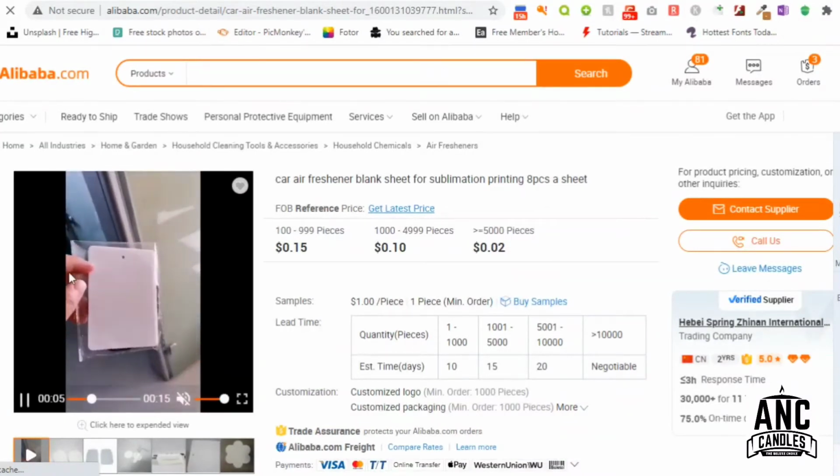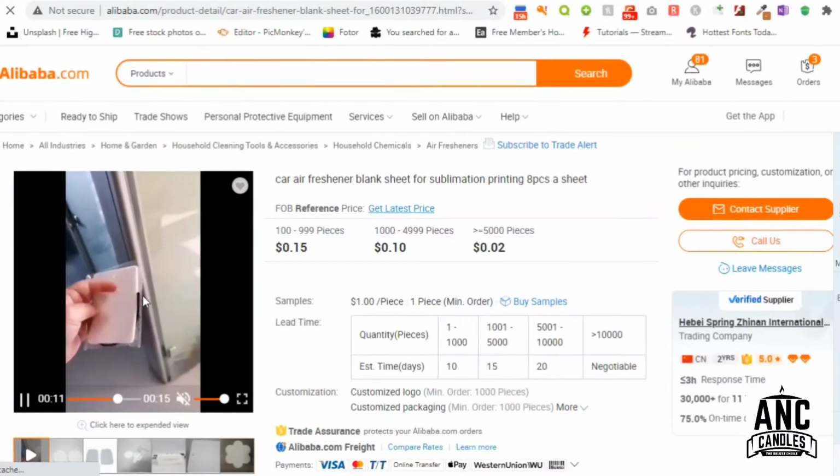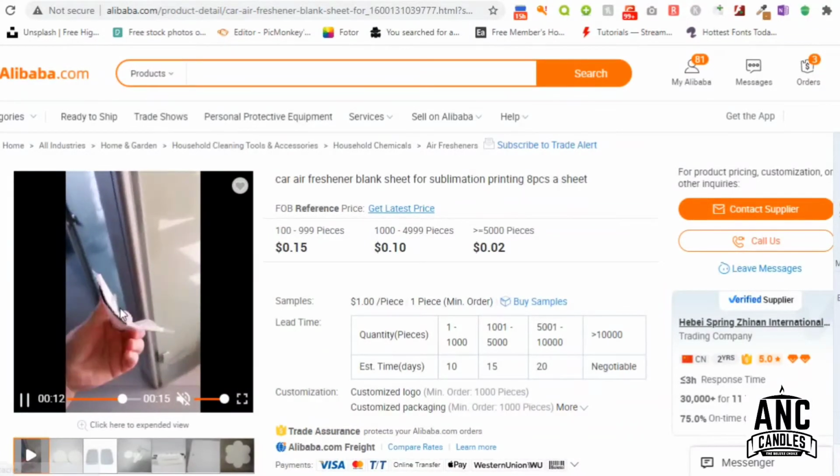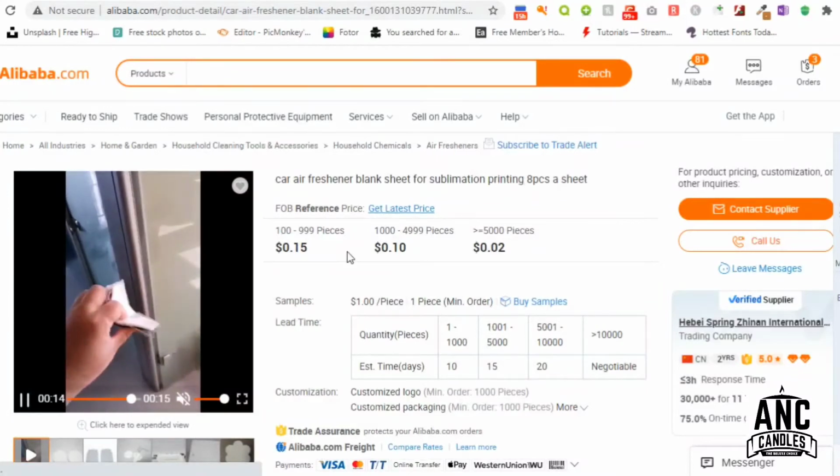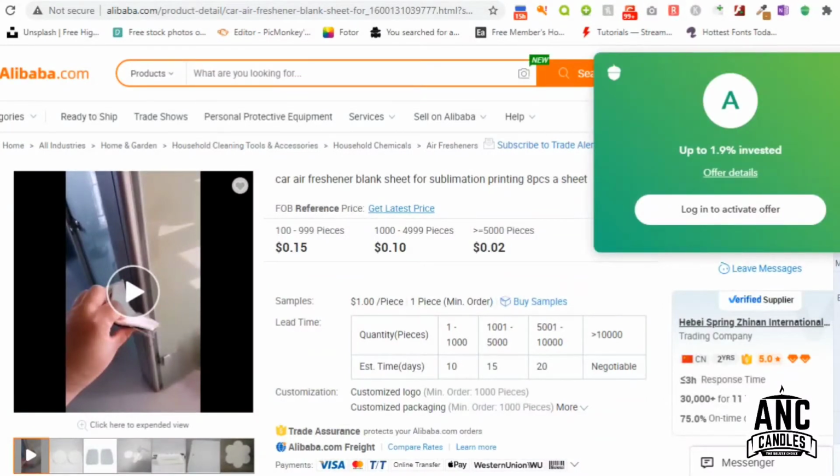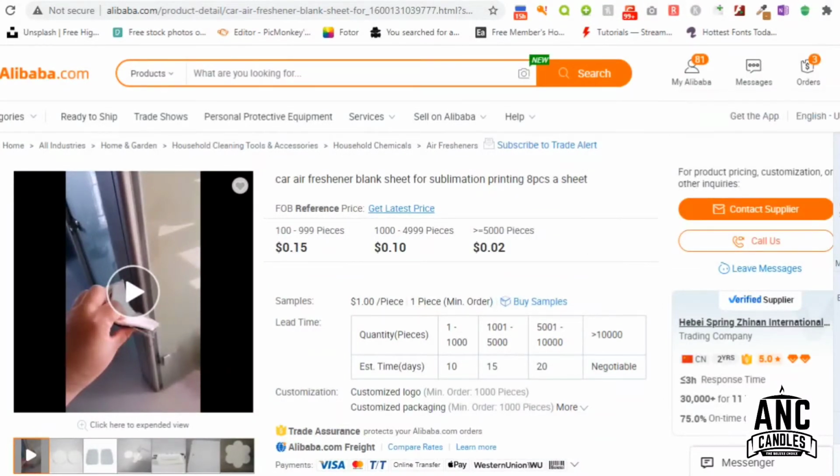And that's a standard dimension of that. Okay, you can use this. You can contact these people by going to contact supplier. Okay, you can use that, or you can chat with them as well, or you can leave them a message. They are verified, as you can see, they are verified here, and you can contact them and talk to them